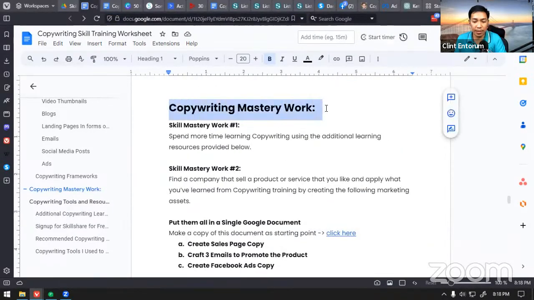Wala na po ba? I think wala na. Or unless there's still people typing, you could actually unmute yourself.